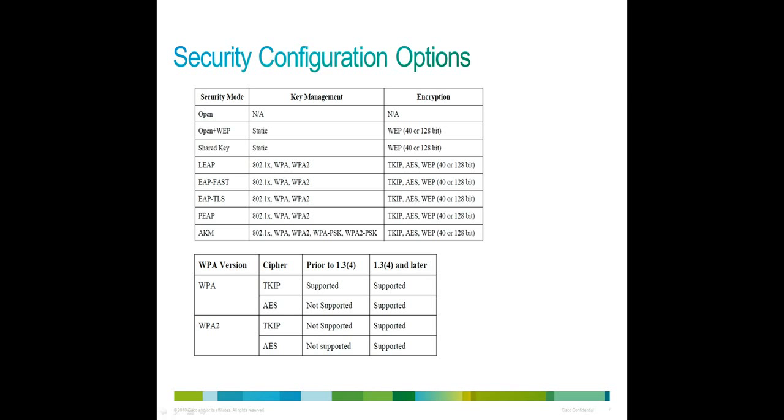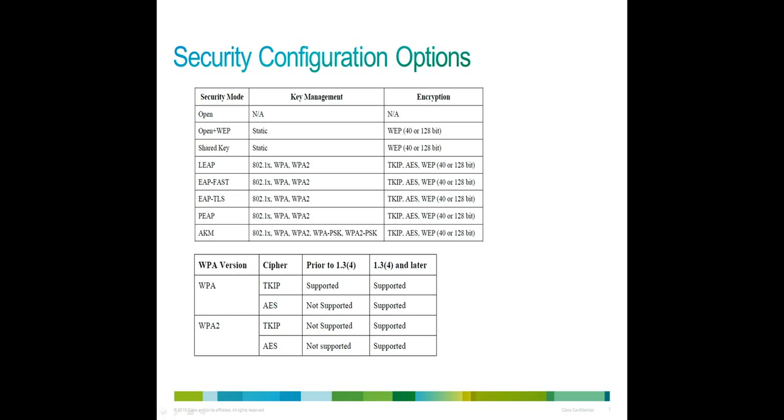Now let's look at the security options. The phone can be configured for pretty much all sorts of configuration options as shown here in this table. You can have an open SSID, which is rarely used, all the way to EAP-TLS, which is the strongest security option. The most popular ones are EAP-FAST and PEAP, which provide good enough security and also a